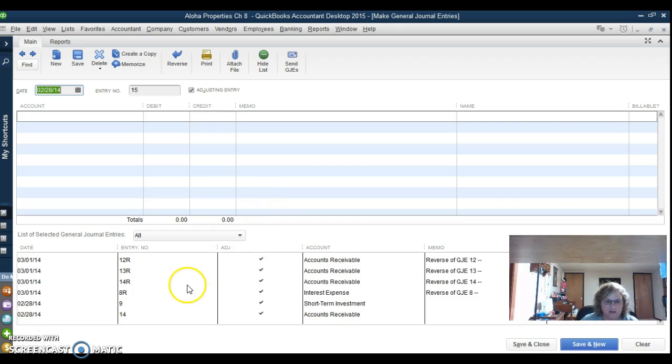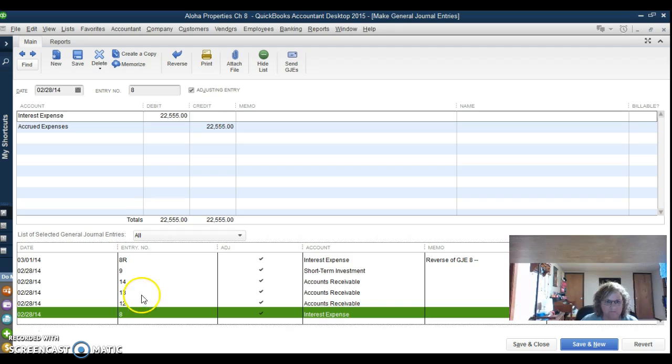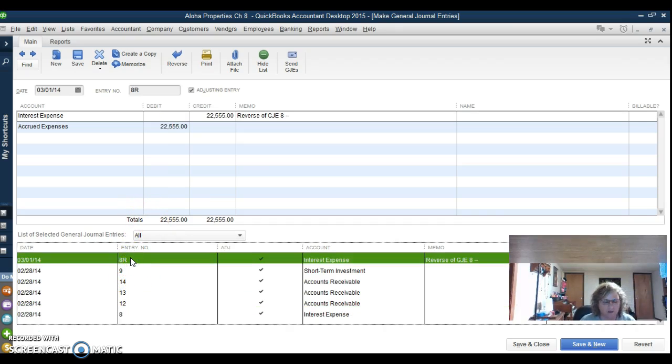As you can see, the first item that I did is right here. It's journal entry number 8, on February 28, 2014. We debited interest expense and credited accrued expenses against it. It was for a loan for a new account. The next entry was the reversal of this,